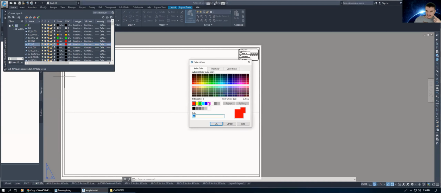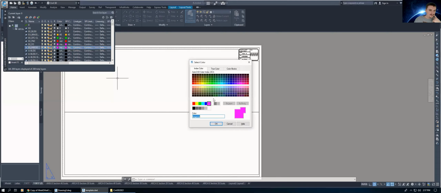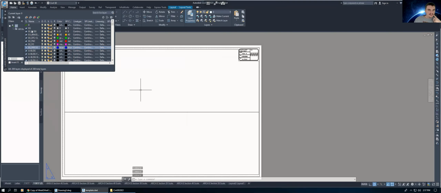That one's going to be magenta, color 6. Next one, EX underscore pipe 10. So that would be a 10-inch pipe, whether it's treated water or sewer. You'd have to ask your surveyor, but that one's going to be blue. It's probably a sewer line